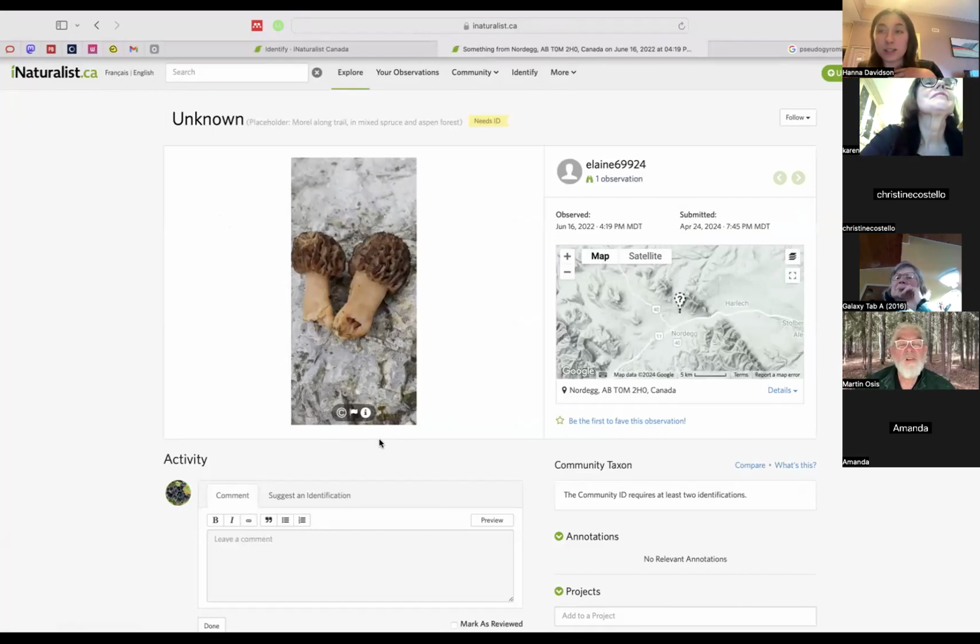So if I was to go in and say, I'm really good at identifying fungi, so I'm going to search fungi and do all my helpful IDs through that, I would never see this photo because it's just unknown. She put a placeholder that says Morel along trail, mixed spruce, aspen forest. Helpful to me, but not to anyone who's Googling Morel or fungi or anything like that.